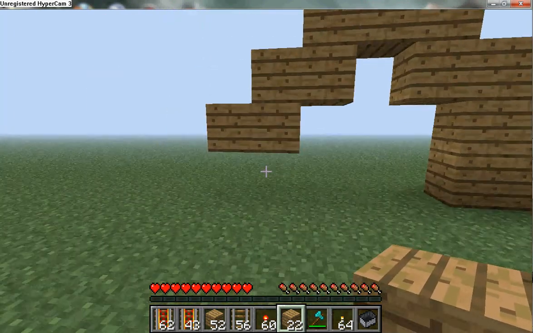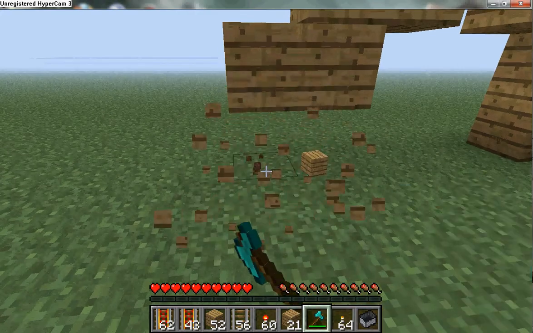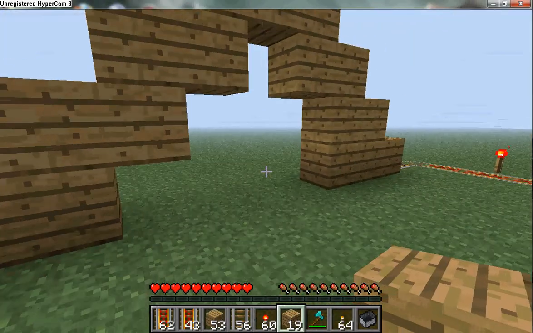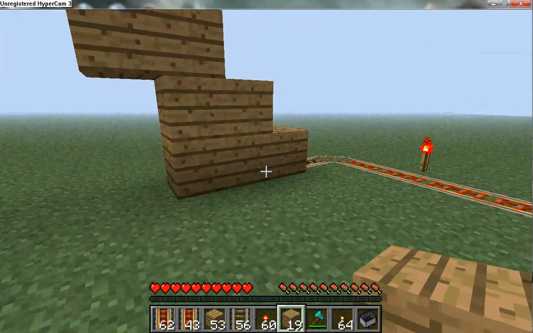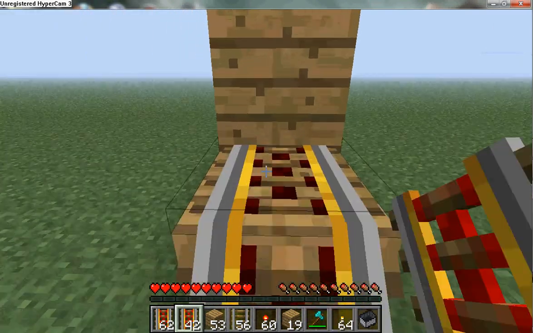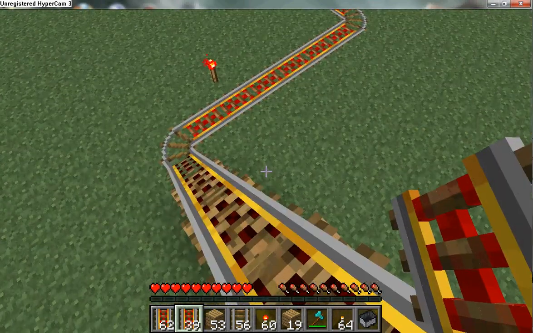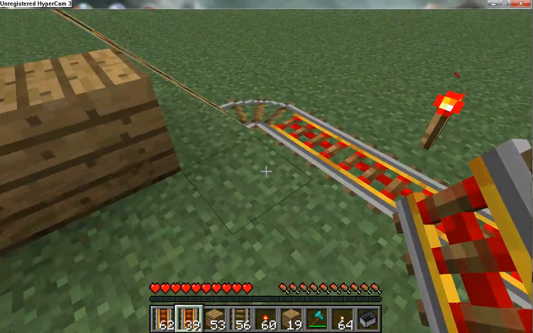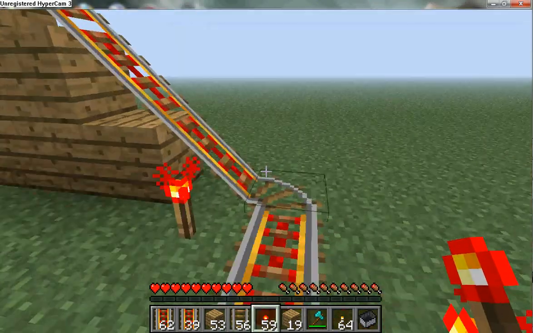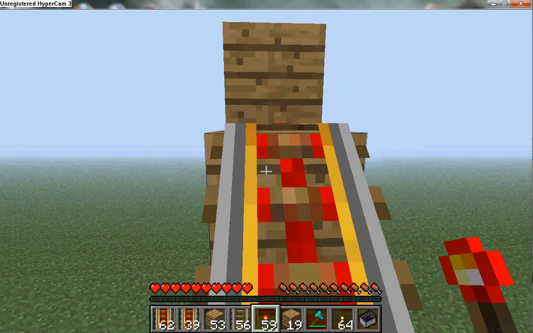Just like that. Whoops. Just like that. We're just making a little slope here. Bring the redstone all the way to the top. And you can actually, let's see if you can do this. You can just put it right there. Go ahead and power it. You don't even have to put an extra block. Alright,